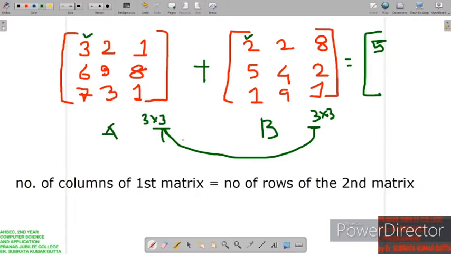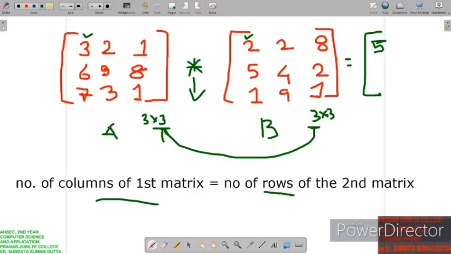If this is not true, then matrix multiplication will not happen. So for multiplication, the first condition you have to check is that the number of columns of the first matrix should be equal to the number of rows of the second matrix.